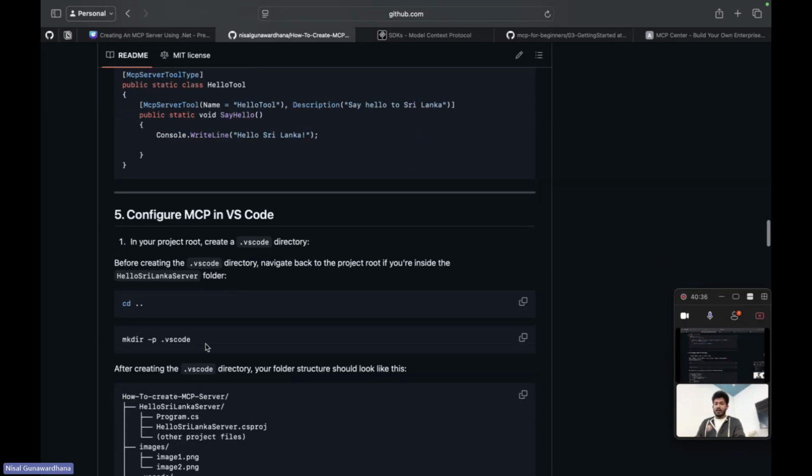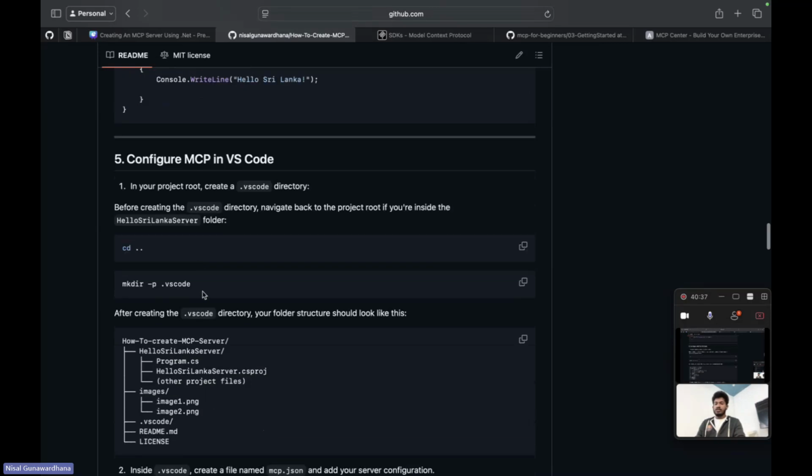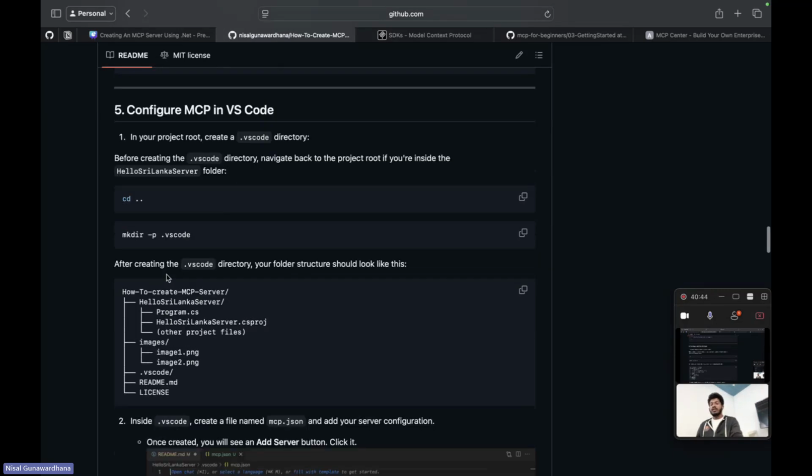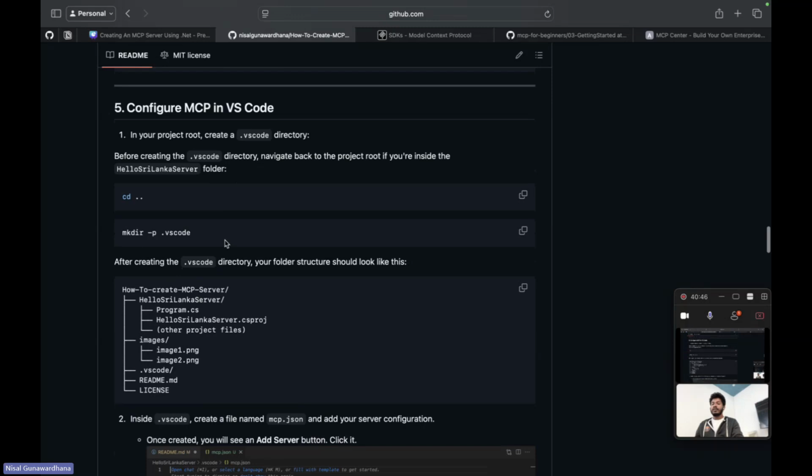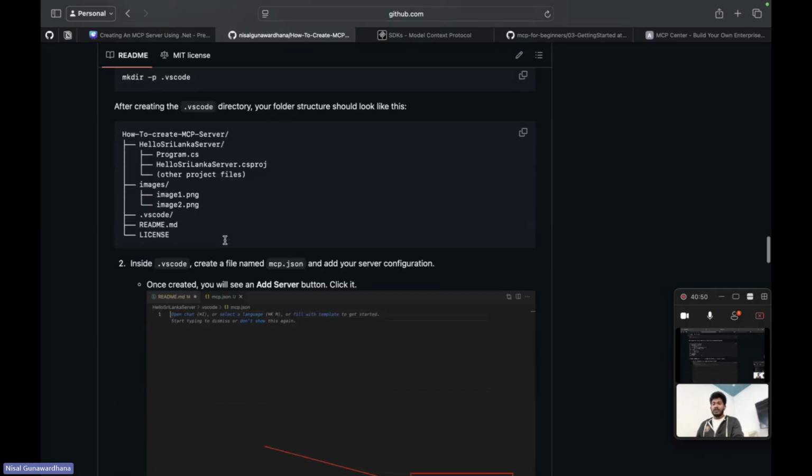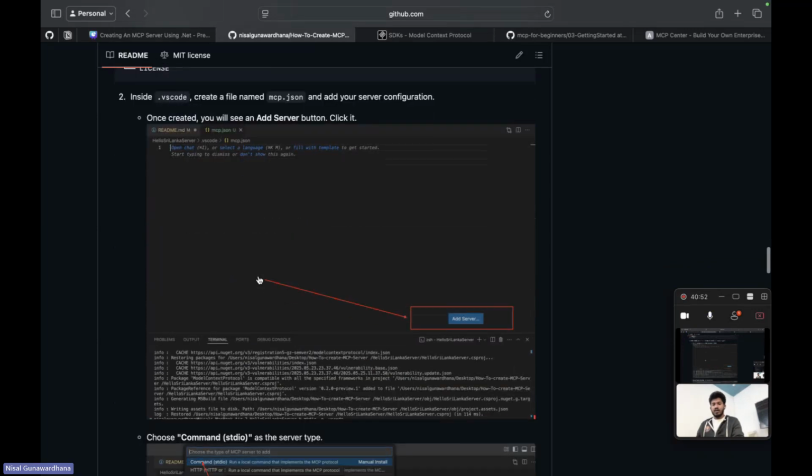For that, guys, you can use this step. You can redirect back to the previous directory, and then create a new directory called .vscode. After that, guys, you have to follow these steps.